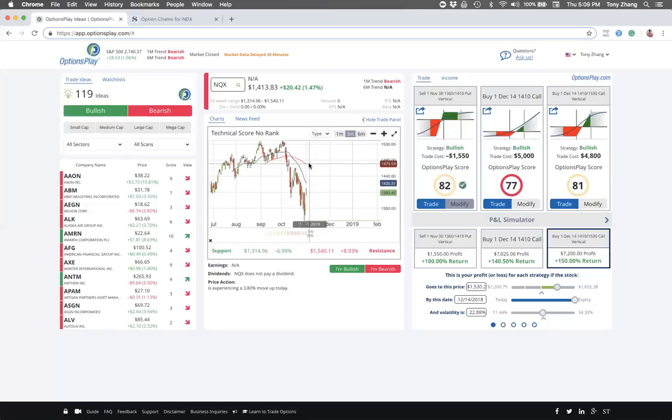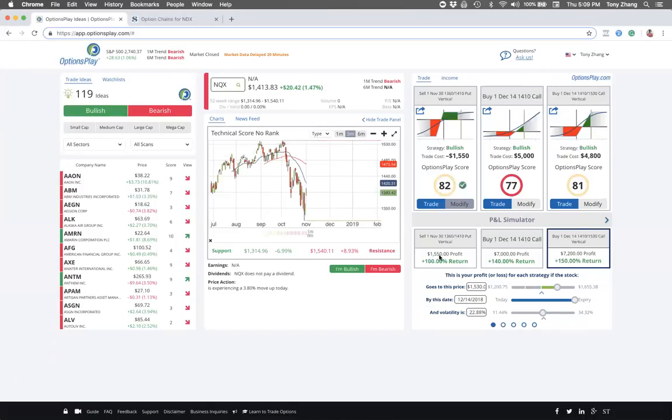So what if it goes back to its 50-day moving average, 1475? As you can see here, I make $1,500. Here I make $1,500. Here I make $1,700. So that's really where the three strategies, in my opinion, are actually quite similar. So if you think it's going to go back to its 50-day moving average, all three strategies give you very similar payoffs. But if you think it's going to go any further, as you can see, that's where things change substantially. If you think it's going to go up to 1530, which is where it was before this major sell-off,